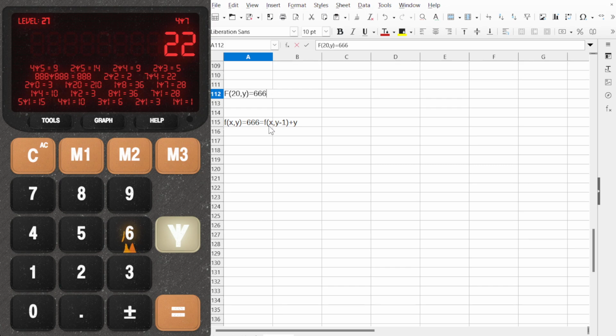this is equivalent to f of 20, y minus 1 equals 666 minus y. This one also has 162. Does that help me at all? I mean, I could now,